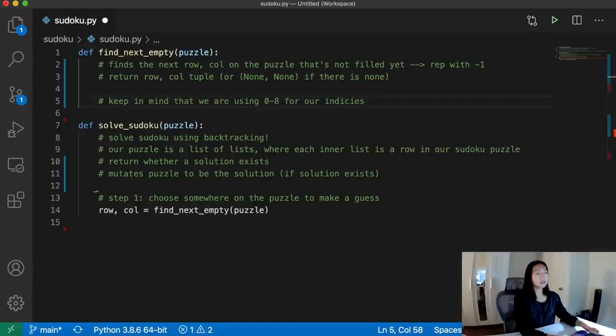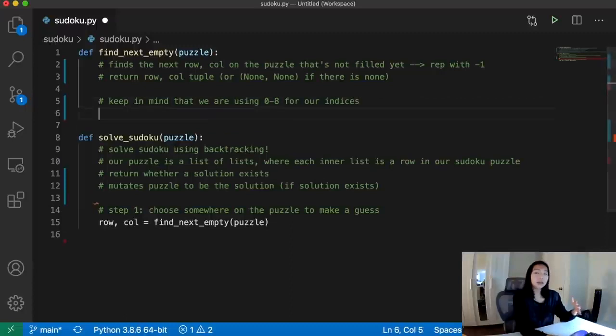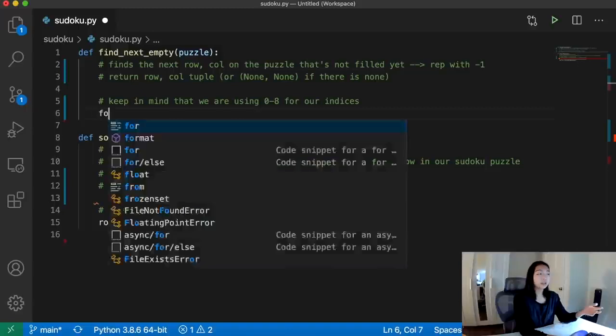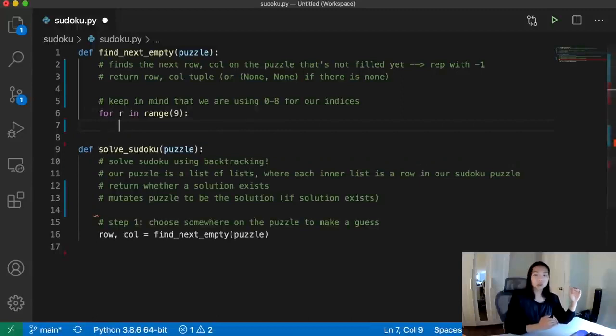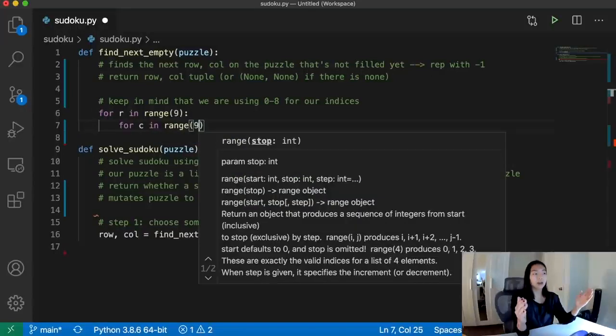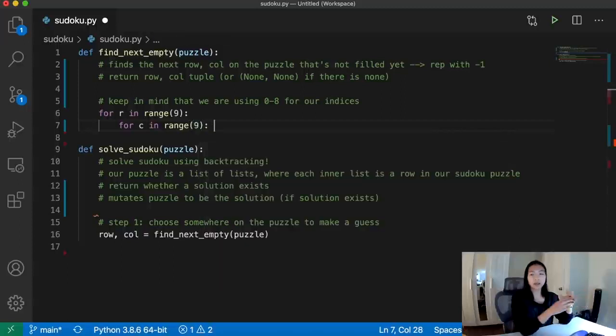So essentially what I can do is just go in order. I can say, check each row and then check each column. And whatever the first empty space you get, I'm just going to return the row, comma, column value of that. So here I can do for each row in range 9, so I'm iterating through my 9 rows. And then for that row, for each column value in range 9, so that's my 0 through 8,